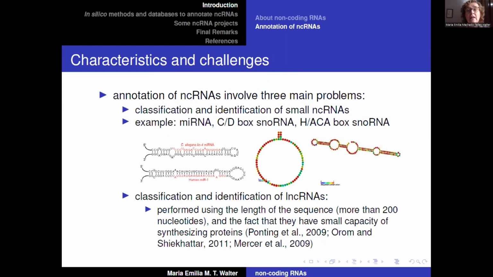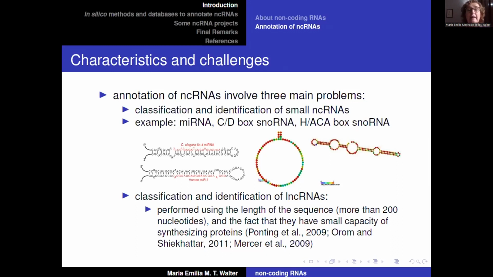And here, as examples of these small RNAs, which I mentioned in the table previously, we have two microRNA molecules on the left, and the CD box and the HACA box are these two figures